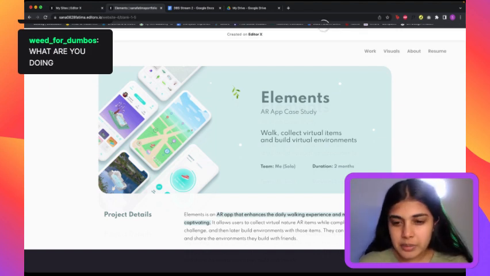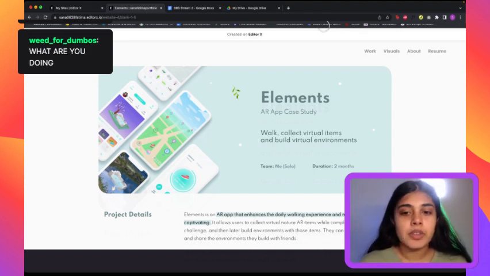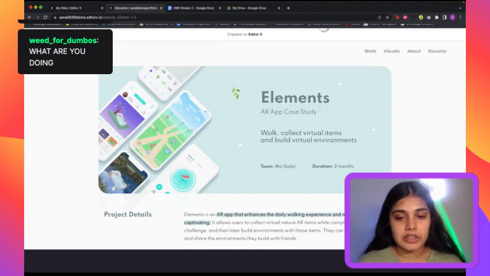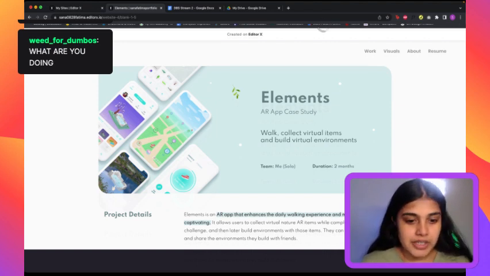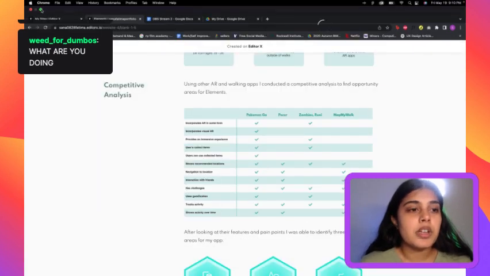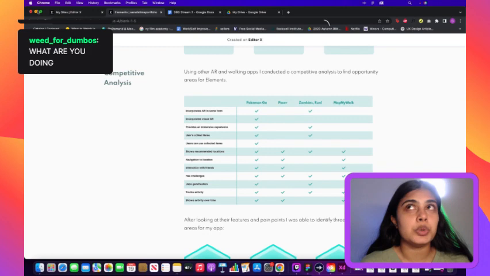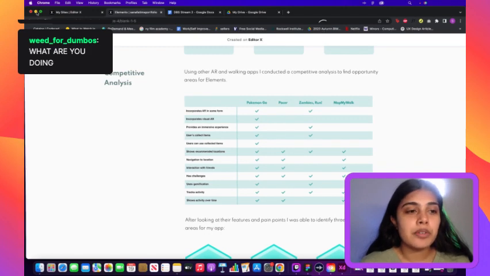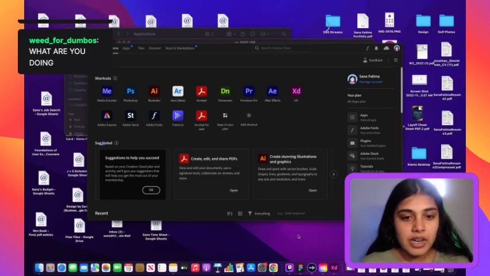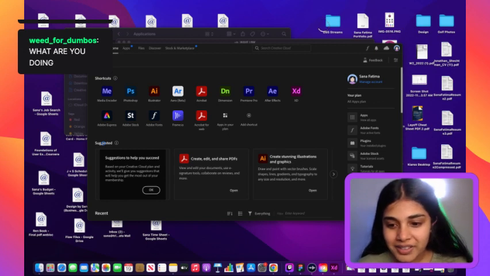And then after that, I conducted a competitive analysis. I laid out a competitive analysis table. In UX design, a competitive analysis is when you compare whatever's out there with